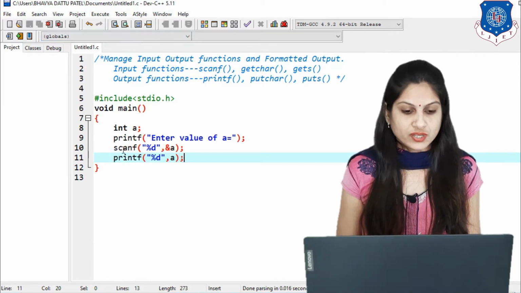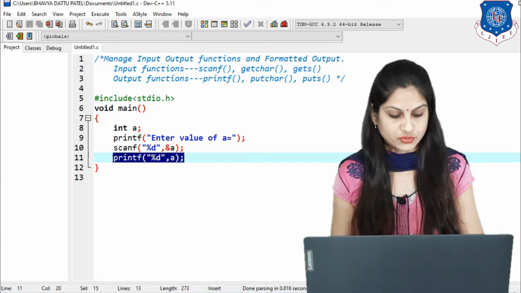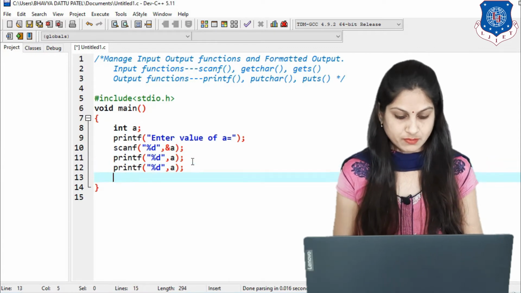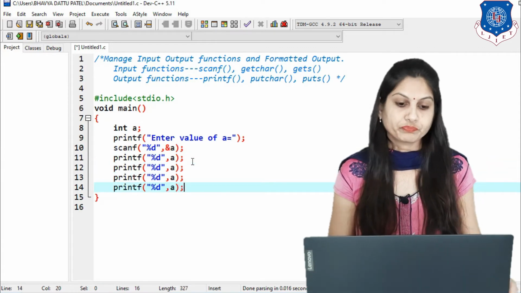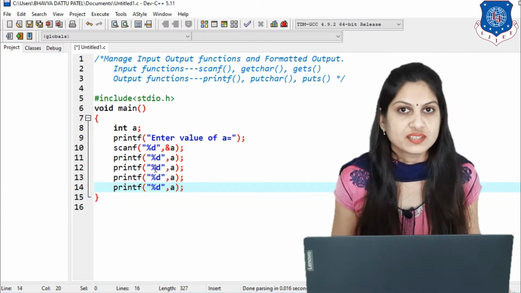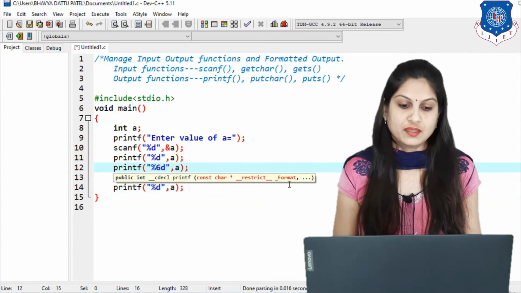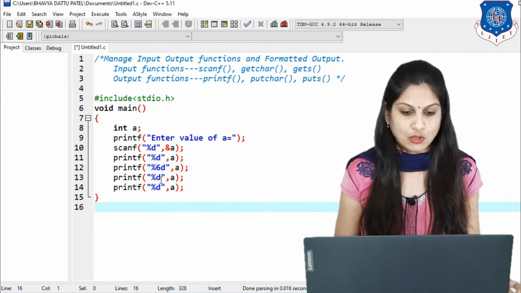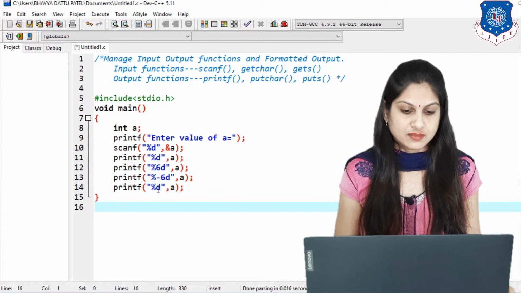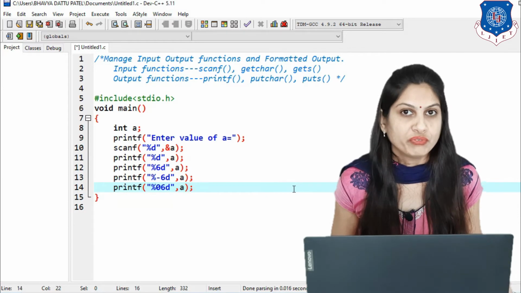For that we copy this printf with Control C and paste it multiple times. When we write %d, the simple integer value is printed. Now suppose I write %6d, then what happens? Then suppose I write %-6d, and last suppose I write %06d. Just see in the output how it is formatted.